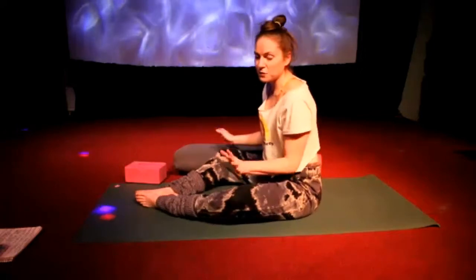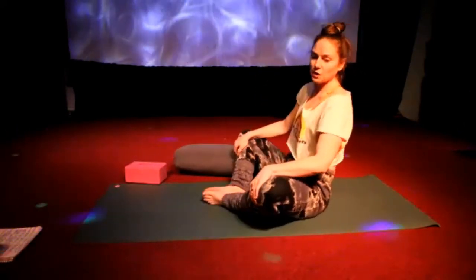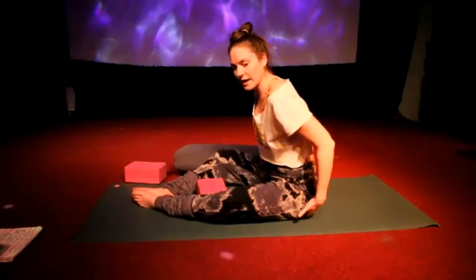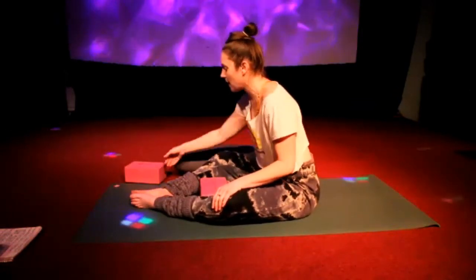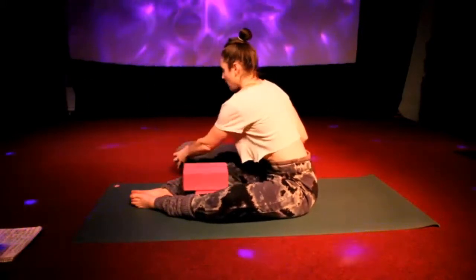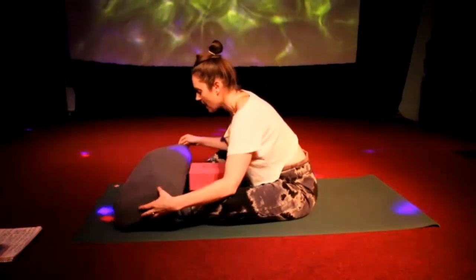Now, if for whatever reason this doesn't feel right in your body, you're welcome to pull your feet closer in for this forward fold. Otherwise, we'll focus it a little more on the outsides of the legs by taking those feet further away from the body, building up a little bit of support for your posture, whatever feels nice, and